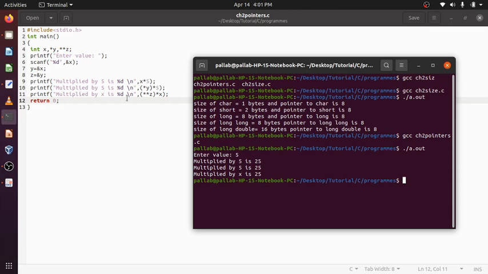Now I am accessing the value of x through z, (**z) multiplied by 5, 25. Even if I don't give this bracket, it will still execute, but things will not be clear. Suppose some other multiplication is here, like 3 into, then it may become confusing. So always give a bracket, it will be easier to understand.